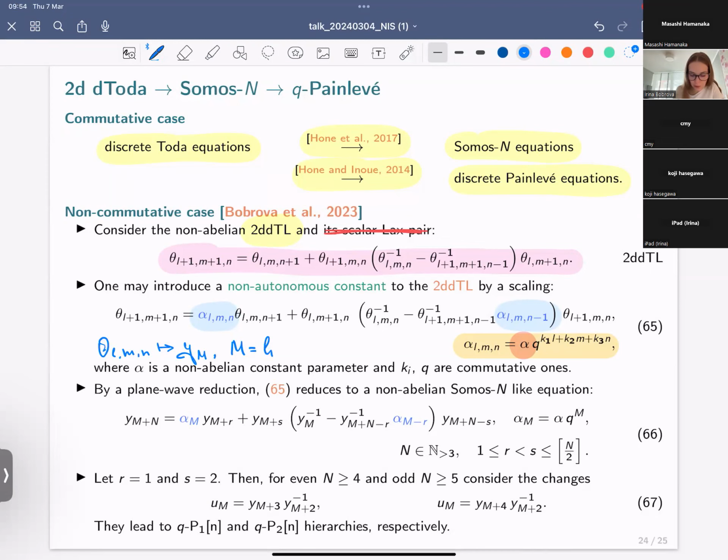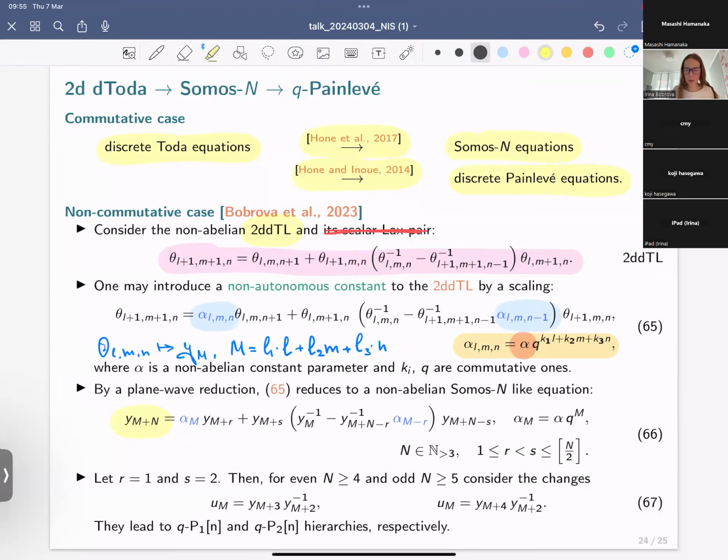it can be expressed in terms of the previous elements of the lattice: L1 times L, L2 times M plus L3 times N. And for specific values of these three constants L1, L2, L3, we can define this non-abelian